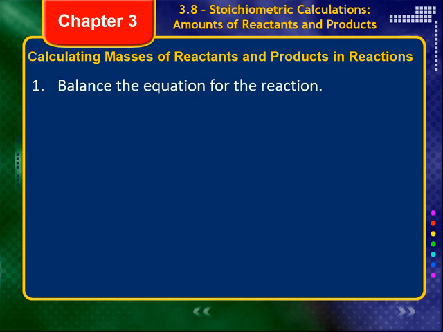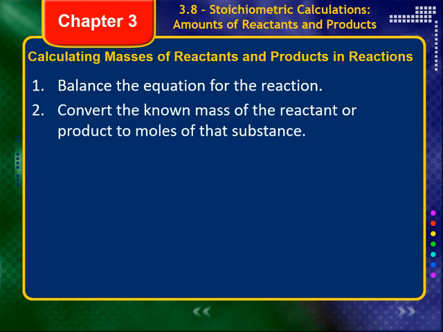If we're trying to calculate masses of reactants or products in some sort of reaction, it doesn't matter if it's a reactant or a product. I'm just saying those are the two options that we have. The process is going to be the same. You're going to, number one, balance the equation for that reaction. Then convert the known mass, because the problem is going to have to give you some bit of information to start with. Now, if it's a mass, you start with the mass, you convert that mass into moles of that